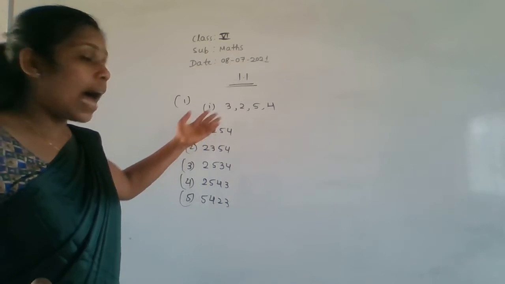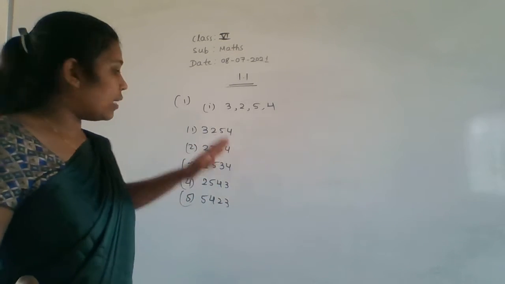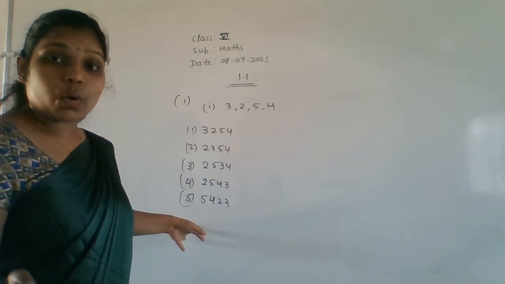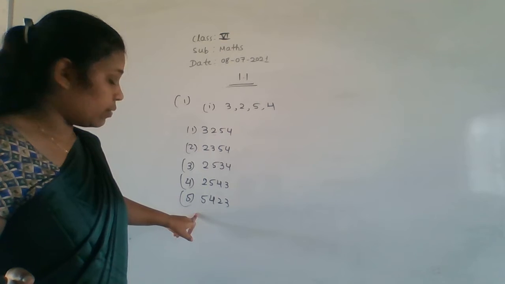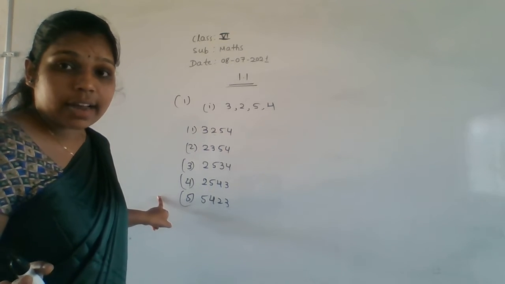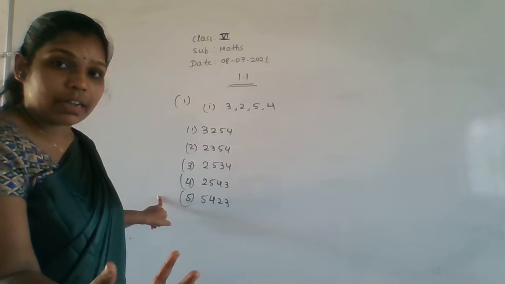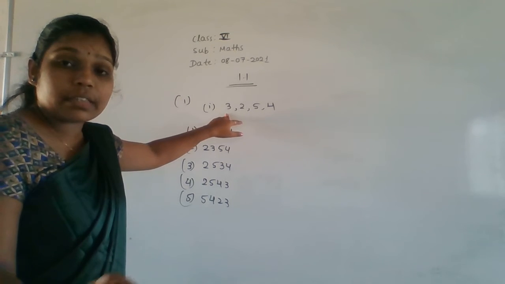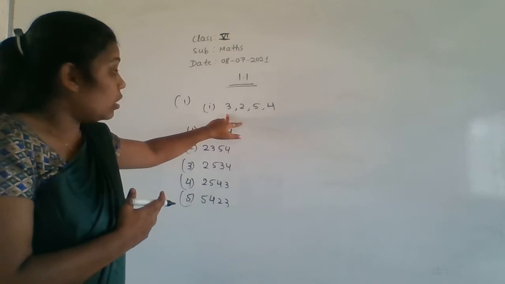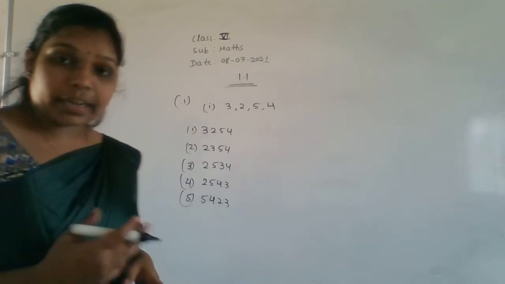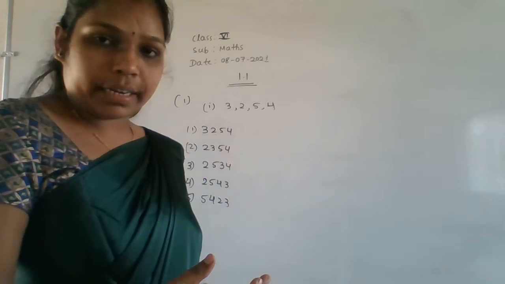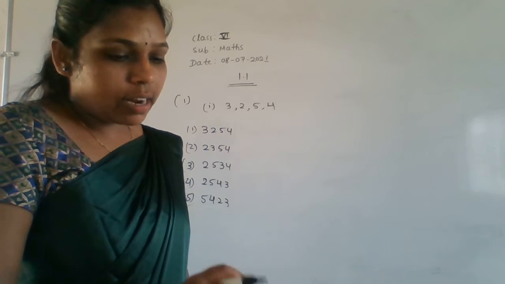You can write another 5 also. No need to write only this one. There is no restriction for this. These 5 are not the only answers. You can form any other number also using these digits. There will be so many numbers using these 4 digits here. So if you want to make other numbers, then make them. That is also correct.